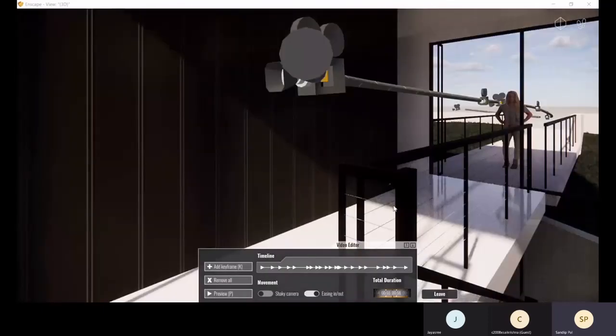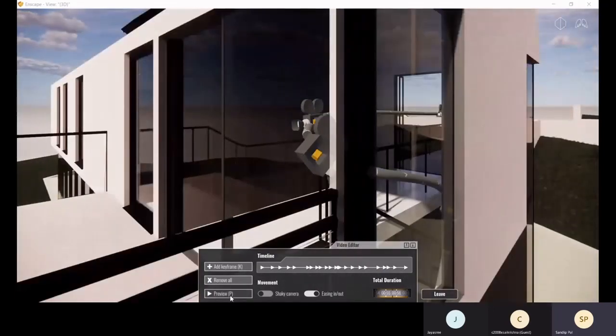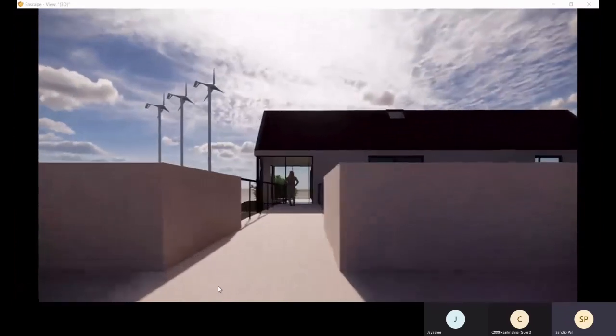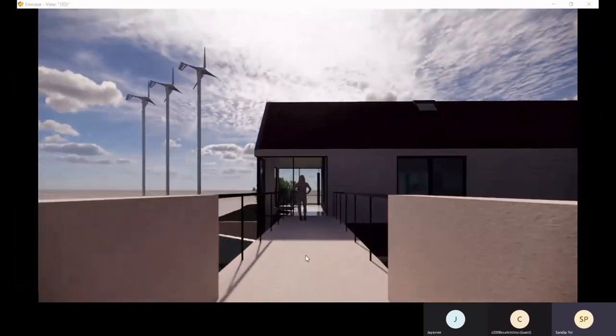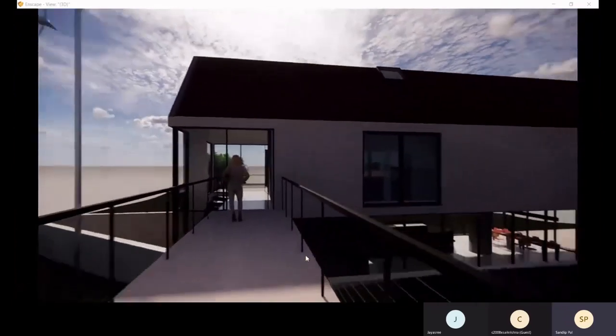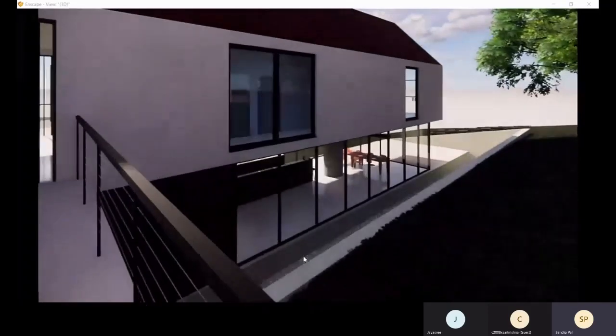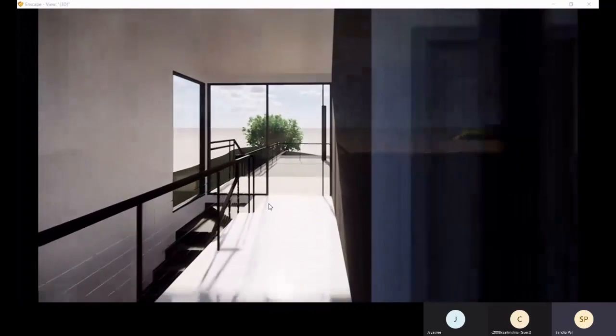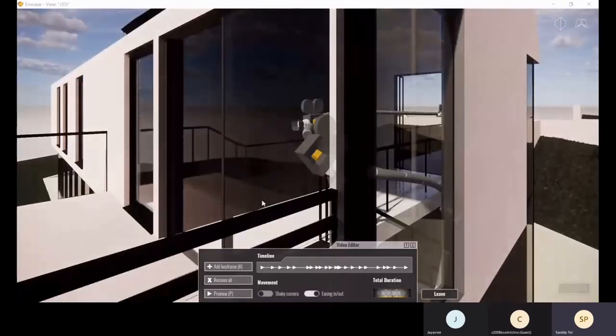Come back again, and again you go to this preview option, so it will play for you like that. Escape will cancel your video.